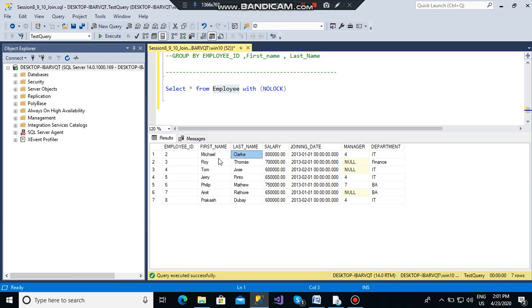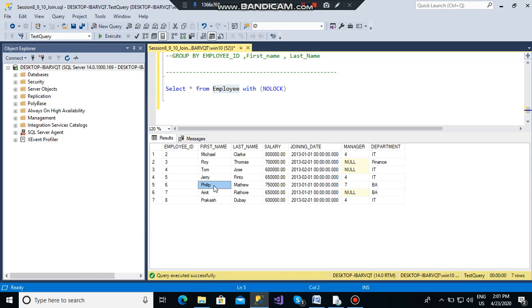Roy Thomas's manager ID is null. It means that Roy Thomas does not have any manager. Same for Tom Joss. And if we look at Jerry Pinto's record, Jerry Pinto has a manager ID of 4. It means that Tom Joss is again the manager of Jerry Pinto.